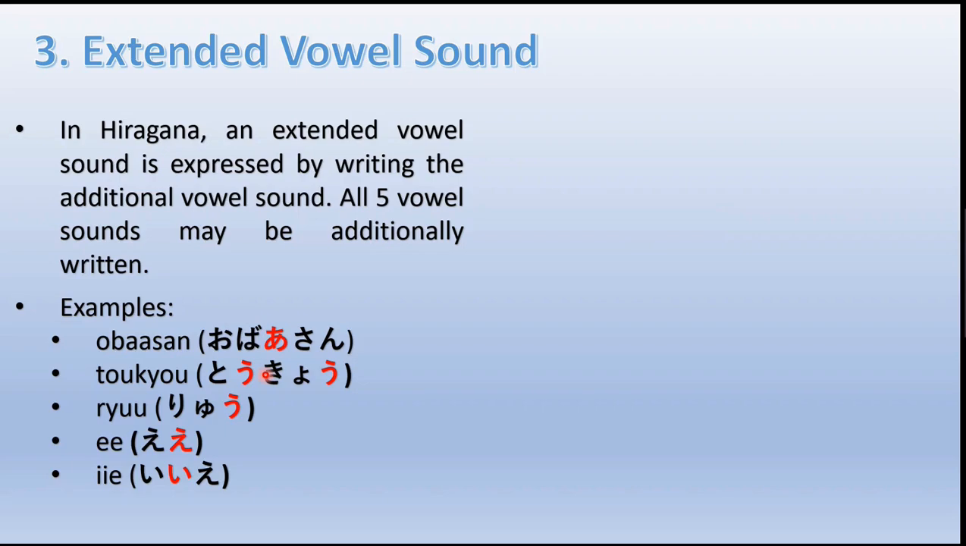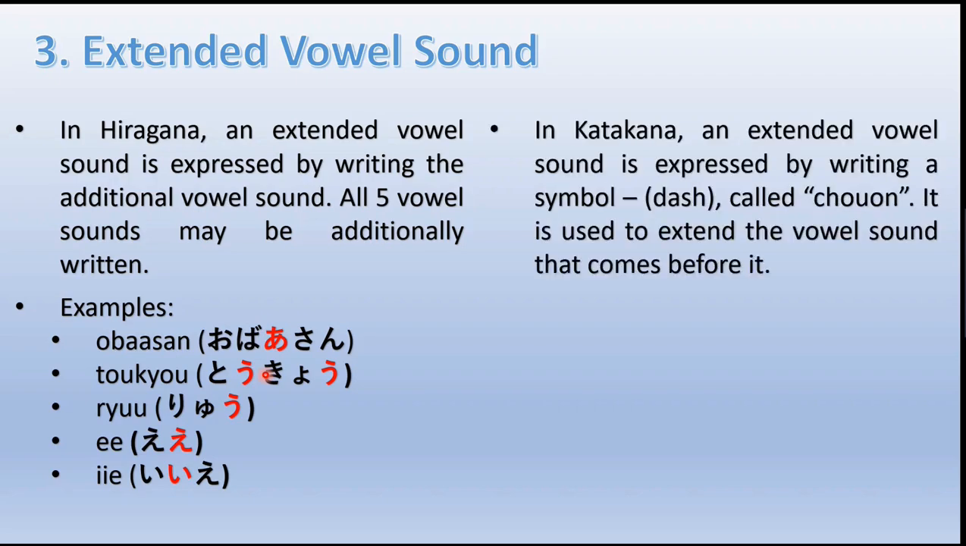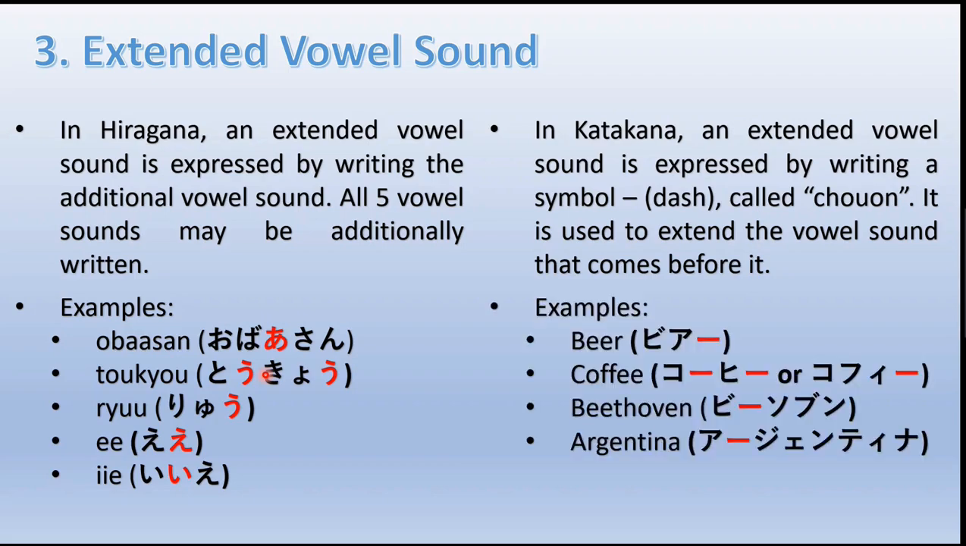So this is hiragana. Now in katakana, for writing foreign words with similar extended vowel sounds, what rule is applicable? Let's see. In katakana, an extended vowel sound is expressed by writing a symbol which looks somewhat like a dash. It's longer than the dash in English, and it is called choon. It is used to extend the vowel sound that comes before it. So in hiragana, we can write each of the 5 vowel sounds as the extended sound, but in katakana, we have only one symbol which is used for extending any of the vowel